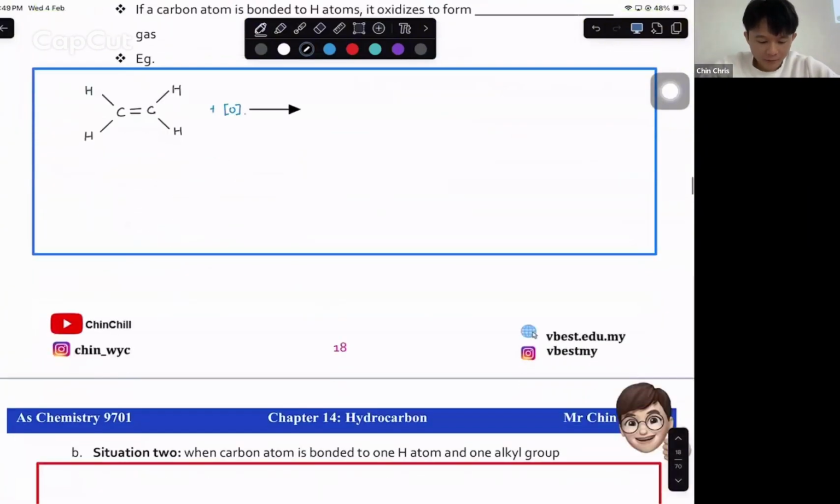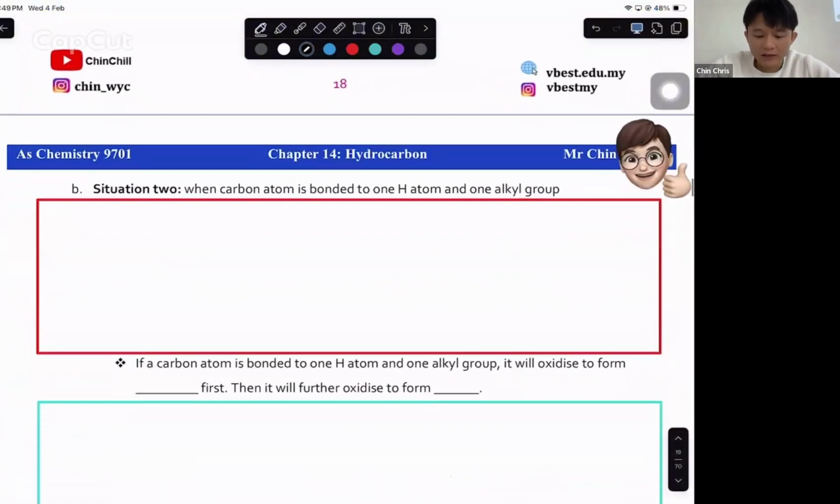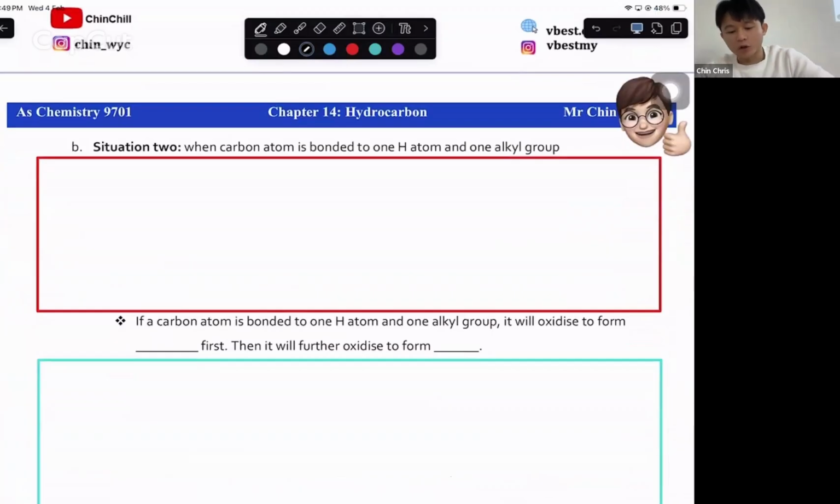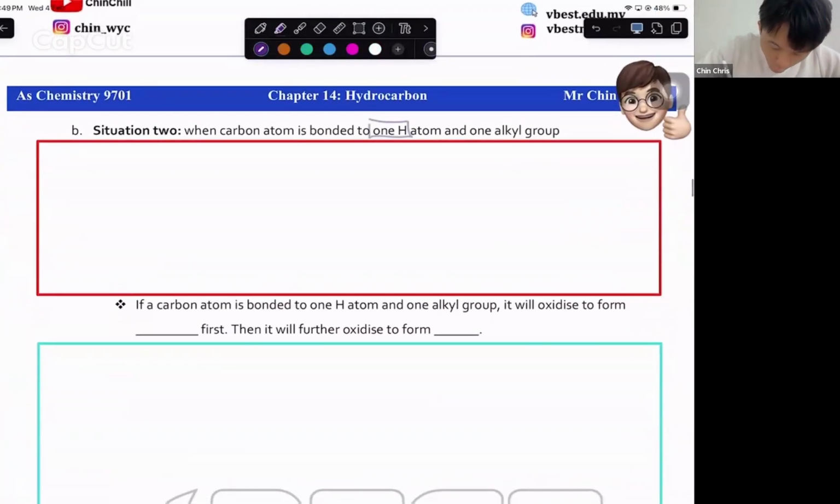Alright, guys, next. The second scenario that we have is when the carbon atom is bonded to one hydrogen and one alkyl. This is the most important part. One hydrogen and one alkyl. I will show you a structural formula first; later we're going to do skeletal together. A good example is a CH3 bonded to a C